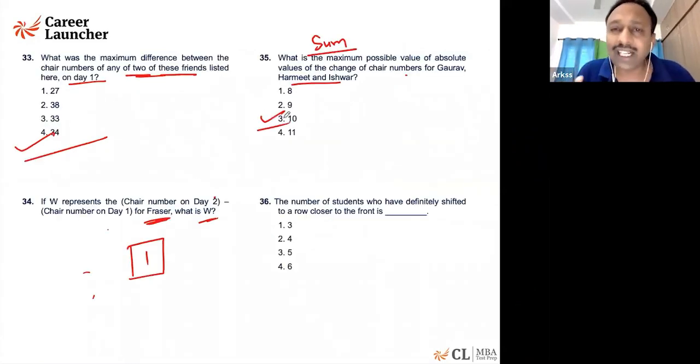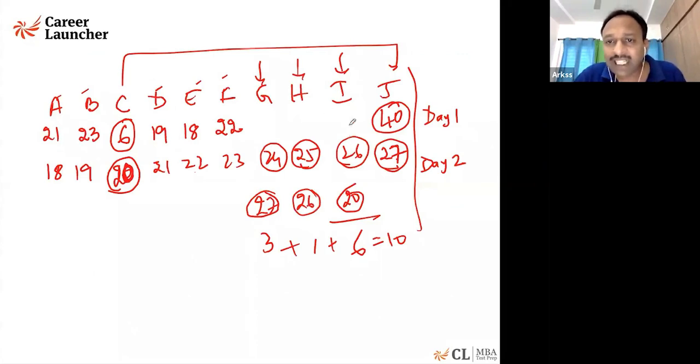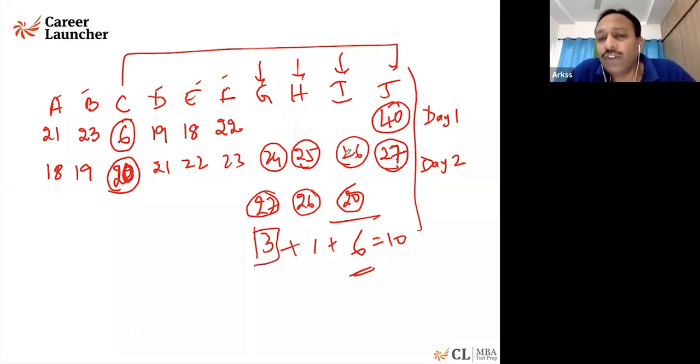Basically, what this question is trying to say is, what is the maximum difference? So here, if I put any of these 24, 25, 26, 27, the difference will be only 1, 2, 3. Therefore, I put 20 here, which will give me the maximum difference of 6. Similarly, 27, if I put in G, the maximum difference will be 3. And then whatever remains, 24, 25, 26, I have to put one of them. The difference will be 1 when I put 24 or 26, hence the answer will be 10.